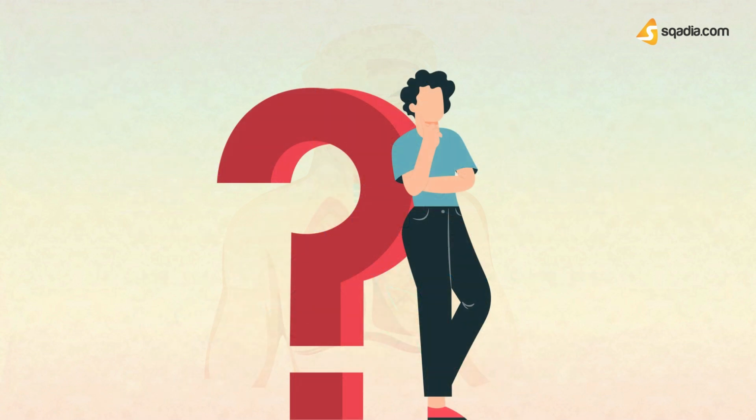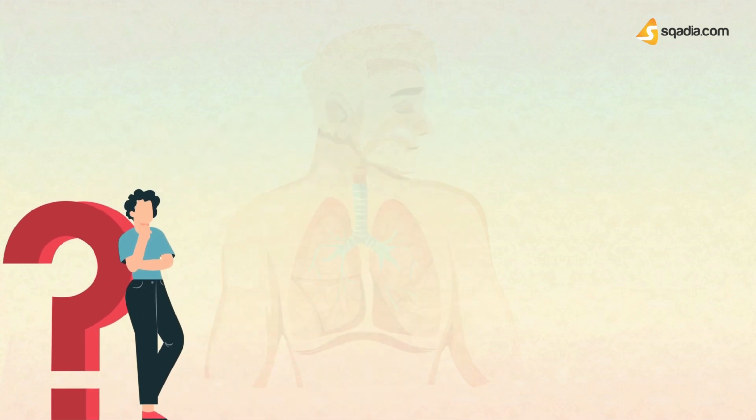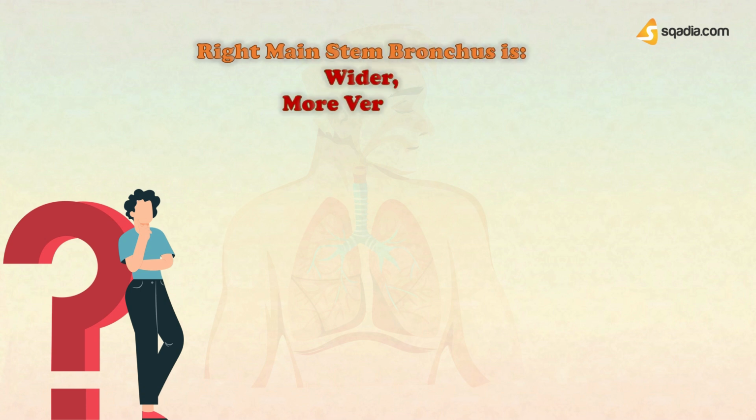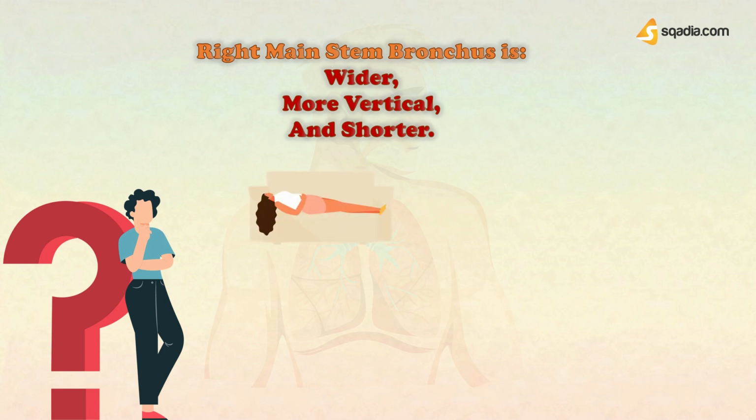Now, an interesting fact here is that the right lung is a more common site for inhaled foreign bodies. Why, is the question. Well, this is because the right main stem bronchus is comparatively wider, more vertical, and shorter than the left. So, if you aspirate something, say a peanut, then, while in supine position, it usually enters the superior segment